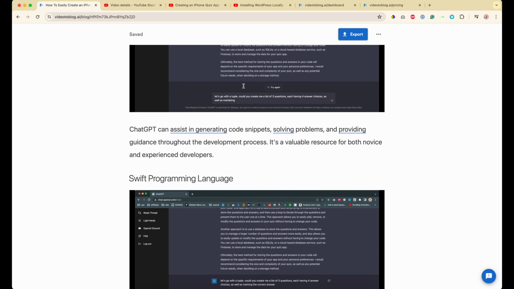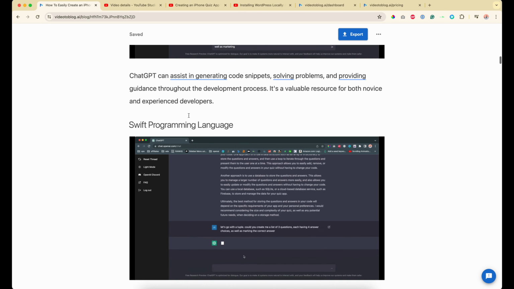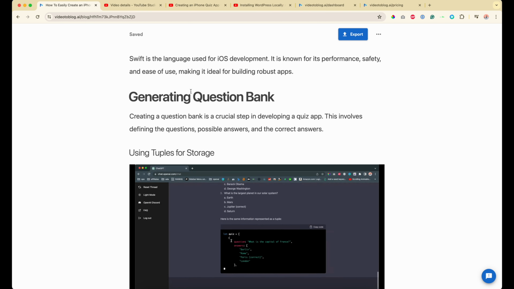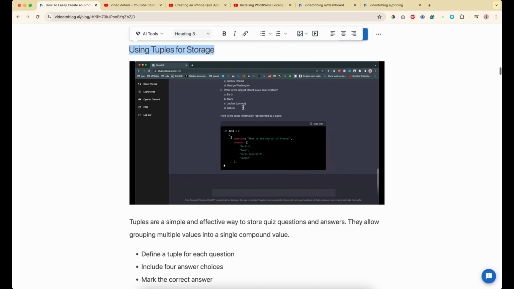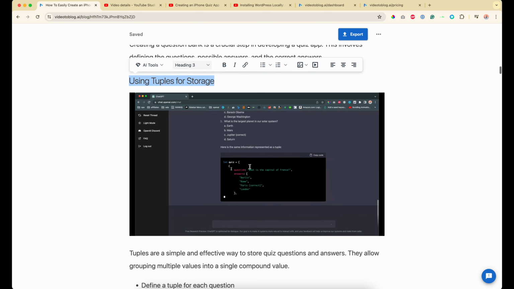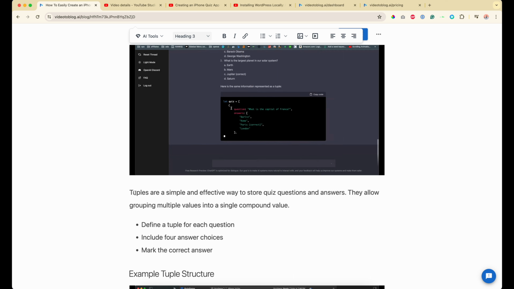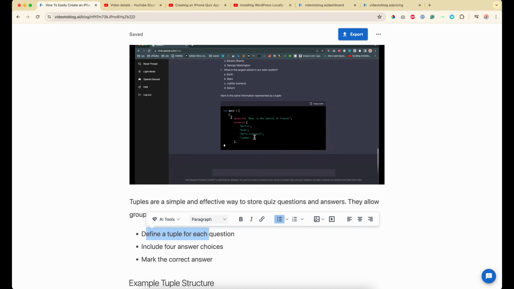But where I was really blown away was when it started talking about the functions in the code. So I said, okay, we need Swift, we need ChatGPT, we need Xcode, cool. Let's get into the actual app. So creating a question bank is crucial. Great, nice ChatGPT. So we're going to use tuples for storage. It put the screenshot of when I was talking about creating questions and answers in my array, and told me what a tuple is, defines it for each thing, includes all four answer choices, and marks the correct answer, which,